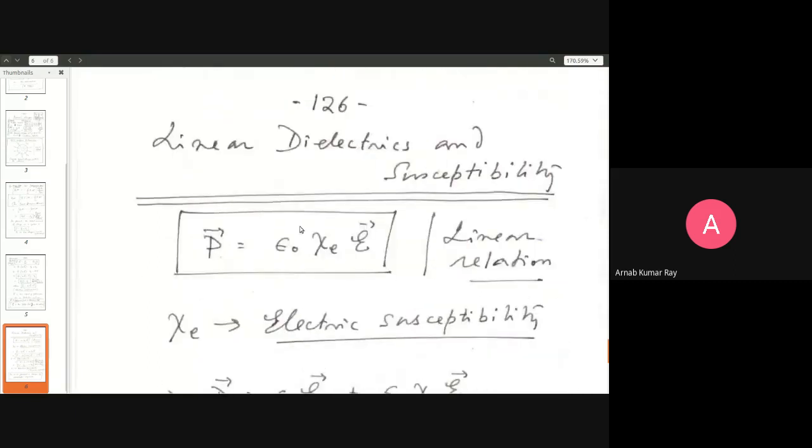Now, but why linear? Let us now go back to the word linear. We are talking about linear dielectrics. What is the property of linear dielectrics? Polarization, you look at this formula. This is a universal constant. So this is like y equals m, epsilon naught into chi e is also a constant, a dimensionless constant. So epsilon depends on the property of that material. This is like a straight line passing through the origin, y equals m into x. That's a straight line, so it's a linear relationship.